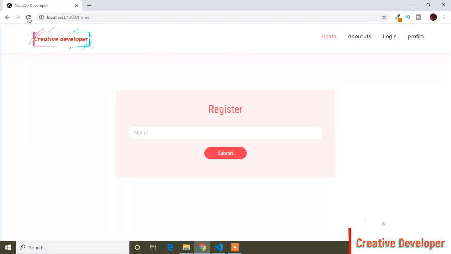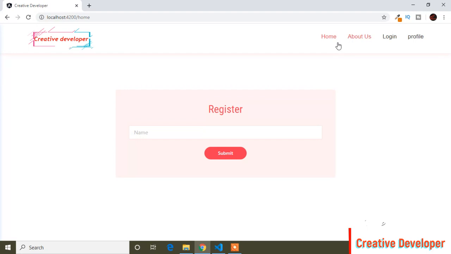That means when we run our project or refresh it, all the components are loaded. Here I have 4 components: home, about us, login and profile. Only after all the components are loaded can we see the preview. That takes too much time because there may be many other components, so after loading all the components we can see the preview, and it can take too much time.